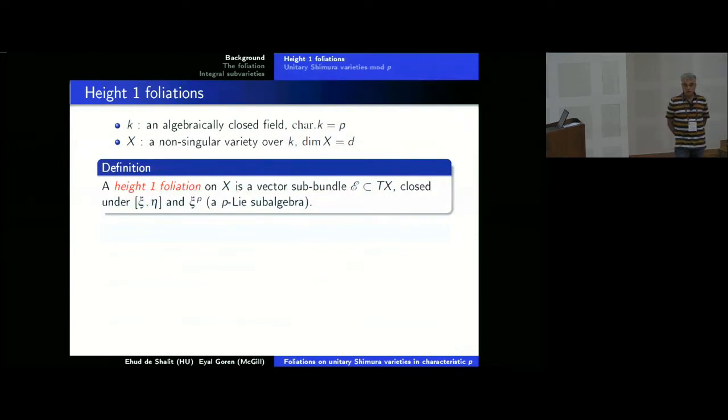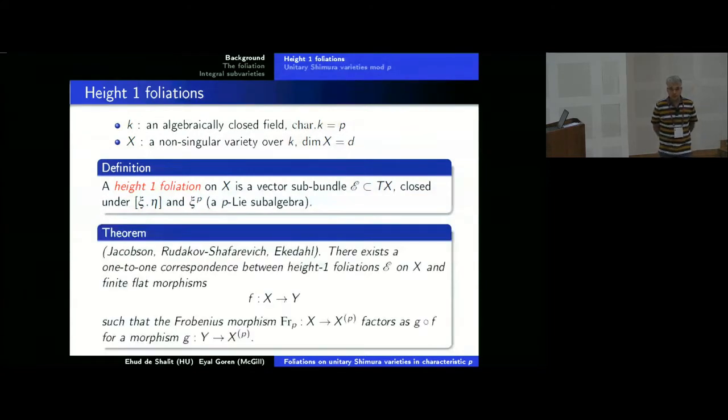So that's an operation that was studied a lot, and together they form what's called a p-Lie algebra, and a height one foliation will be a vector subbundle, so it's a subsheaf that's everywhere locally a direct summand, and which is closed under these two operations. The theorem, which in the birational case is due to Jacobson,